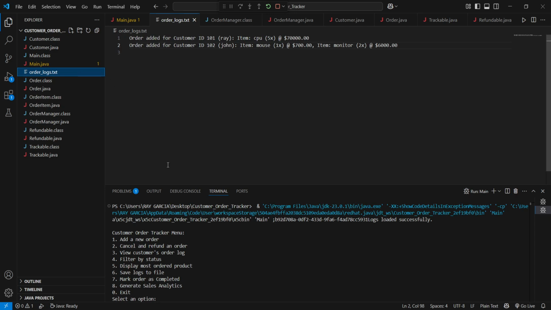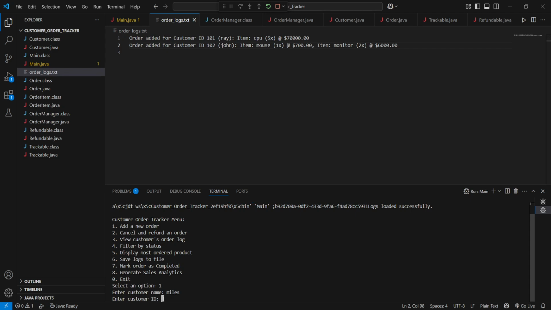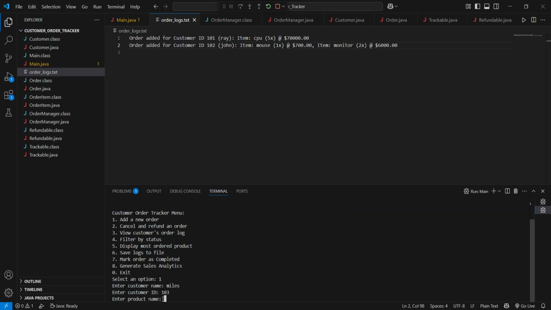Now since the system is already loaded, let's add another user. So we'll input option 1. Then it will ask for a name. Let's name it Miles. Then for an ID, since 101 and 102 are already taken, let's give him the ID of 103.